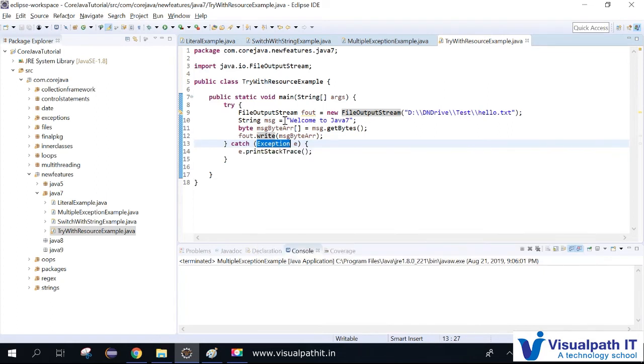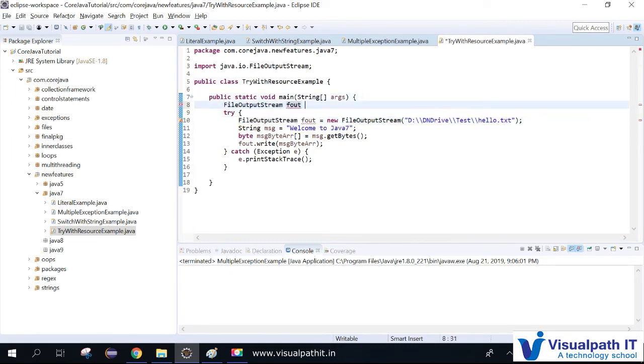What I have to do is close this file again. Usually, suppose I need to have fout, let me declare it globally and initialize it, because I just need to close it, right? Even if the file got created, or if something fails, if this block fails, the file stream will not close.